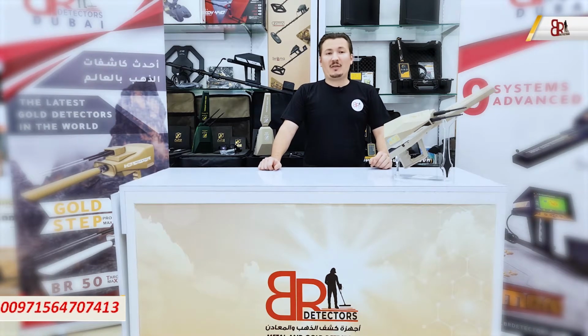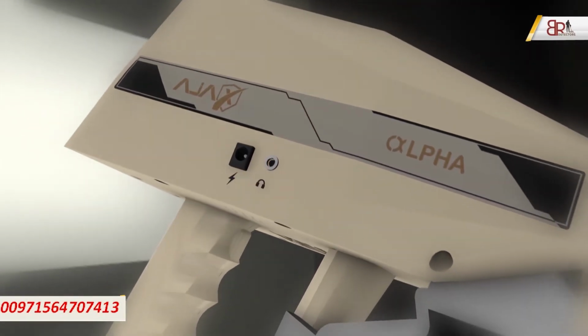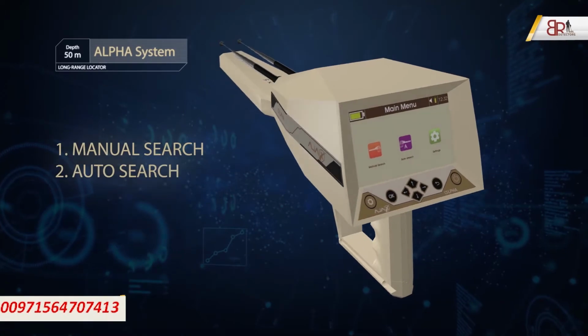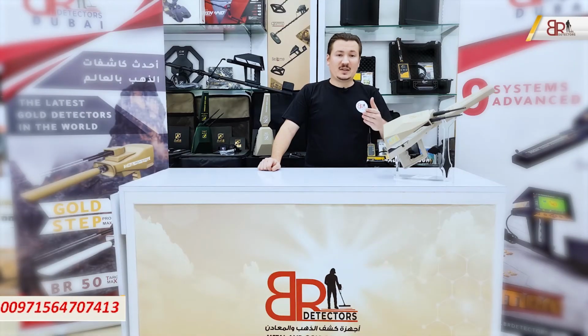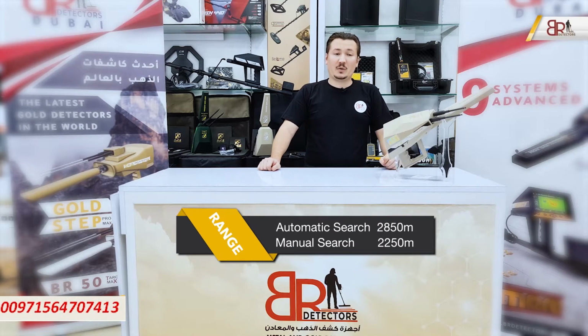This time we have one of the greatest and most effective long-range locators, called Alpha from AJAX. With two powerful long-range systems, Alpha is ranked as one of the most effective detectors that all miners and people working in detection prefer. Alpha comes with manual and automatic long-range systems that can detect up to 50 meters under the ground, and for the maximum distance, which is 2,850 meters for the automatic one and 2,250 for